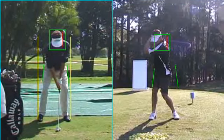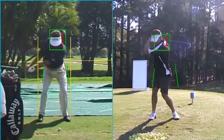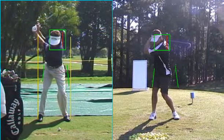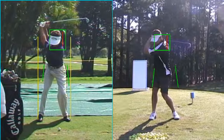Here comes Stephen Ames. Watch this beautiful one-piece takeaway. Everything coming back together. Head stays very steady. Nice shoulder turn. There he is at the top. And look at the width of the swing. You can see the difference in his hand position and your hand position. Left arm's got to straighten out, and I want those hands